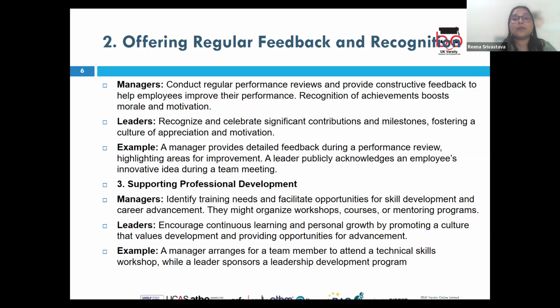Ultimately, it helps build employee morale. For example, a leader might recognize a department's success in achieving a significant milestone. A very simple example: they may have set a sales target for a certain number of million pounds, and if the sales team has been able to exceed the target, this recognition is celebrated in company-wide meetings or through internal communications or an internal newsletter highlighting that department's contribution to the